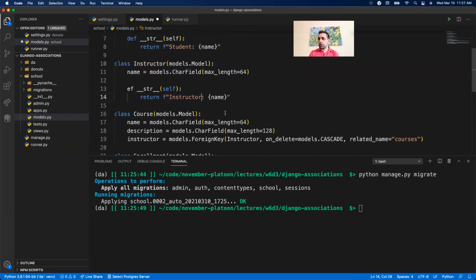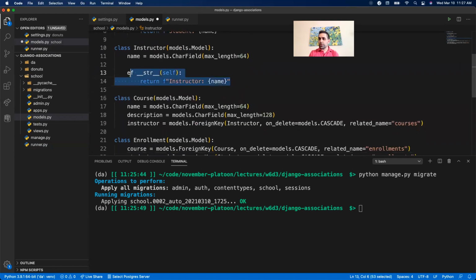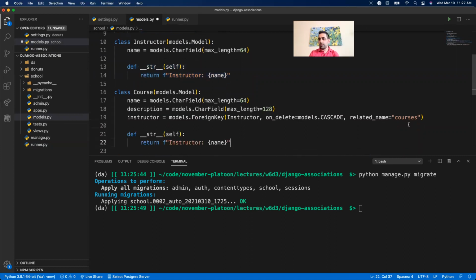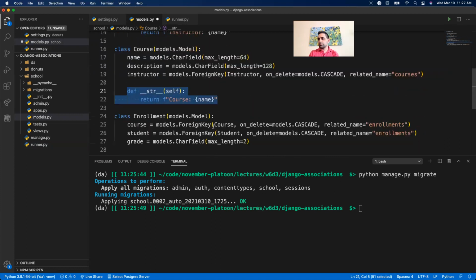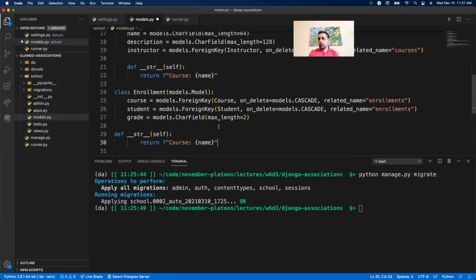So I'm going to add that to all my other classes just so I can print these out and get something that's more human readable. All right, it shouldn't take too much time. All right, let's add student. Sorry. So now that we have those string methods, we can use self.student is enrolled in